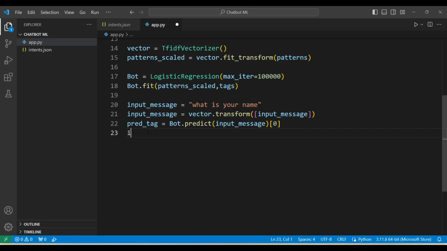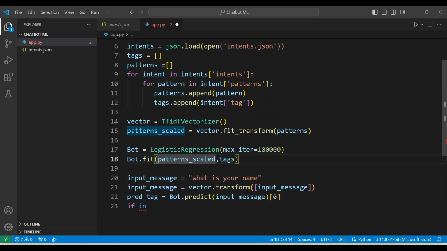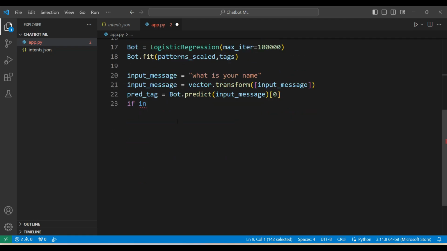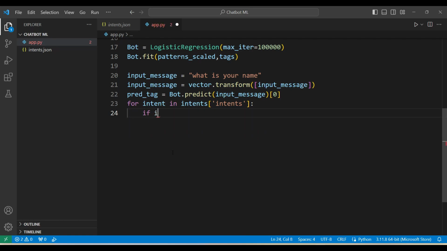Okay, now let's copy this code and I'm going to reuse it here. Intent of intents, pattern of patterns. Here, if